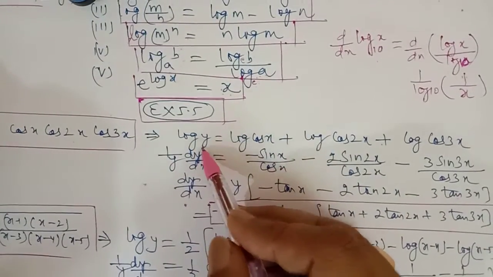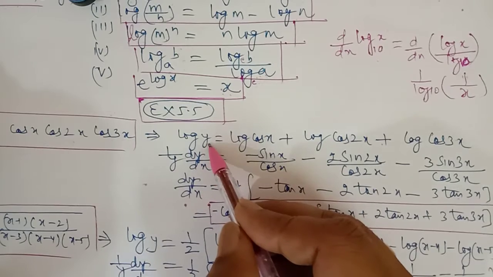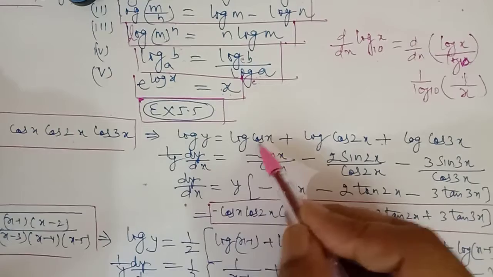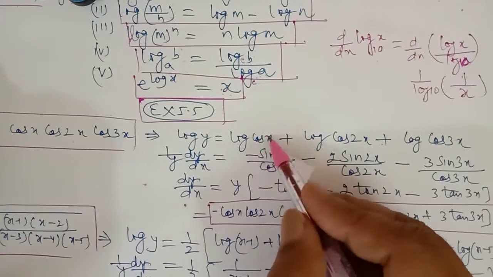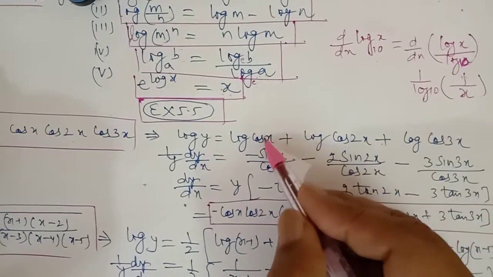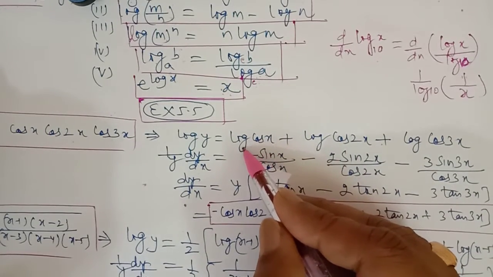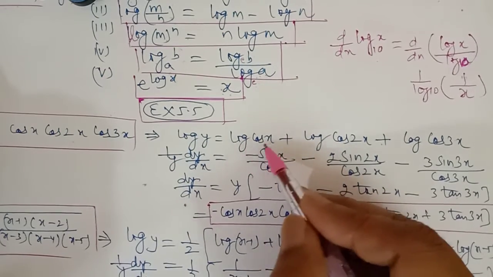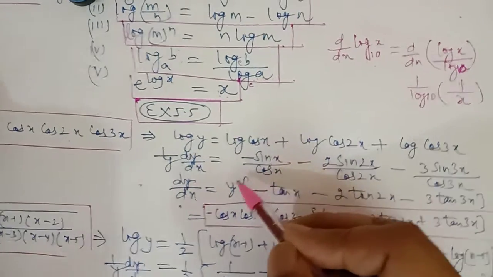Now you differentiate it. Log y will give 1 upon y d by dx. Wherever you have to differentiate y, we have to put d by dx. We have done this in the implicit functions. Now the derivative of log cos x. You should have a good command over the derivatives of these types of questions because we have done these in the previous exercises also. So it is a composite function. The derivative of log cos x will be equal to 1 upon cos x into minus sin x. First of all differentiate log, whose derivative is 1 upon x, and the derivative of cos x is minus sin x.